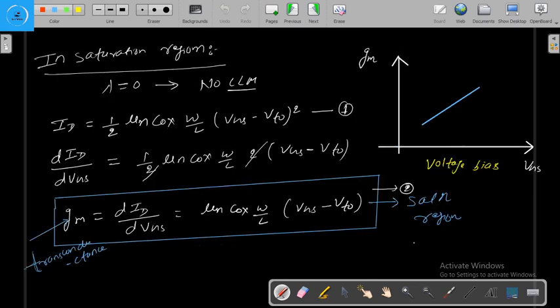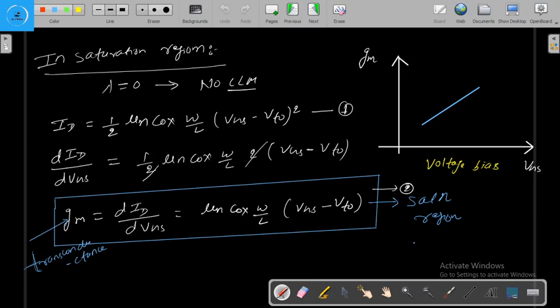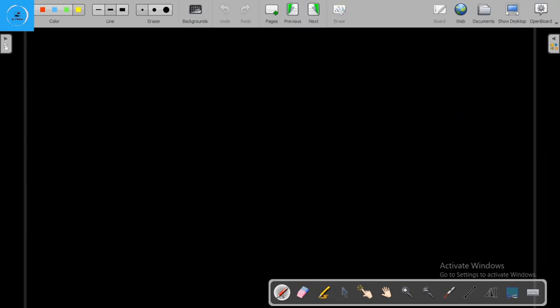Now let us see the third formula for the transconductance. Here, from equation 2, gm will be equal to μn Cox W/L (Vgs − Vt0),